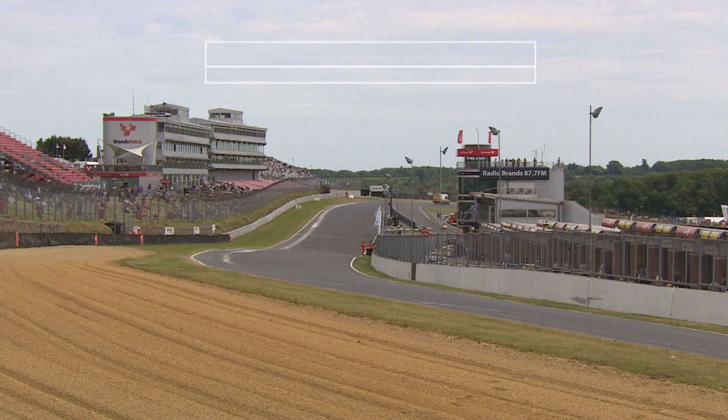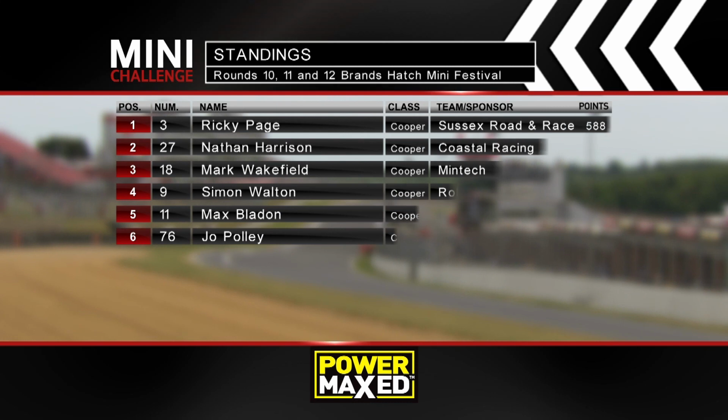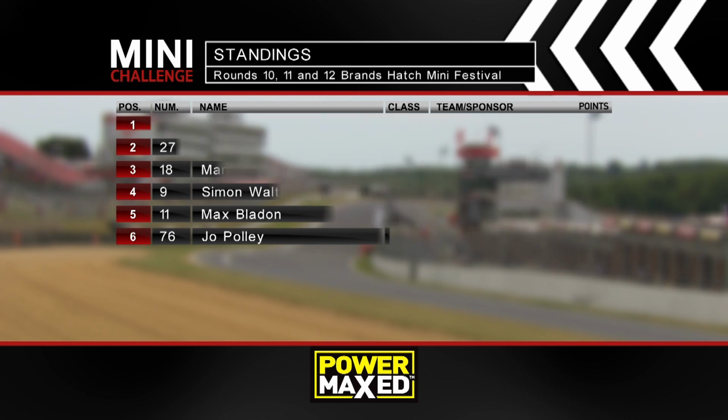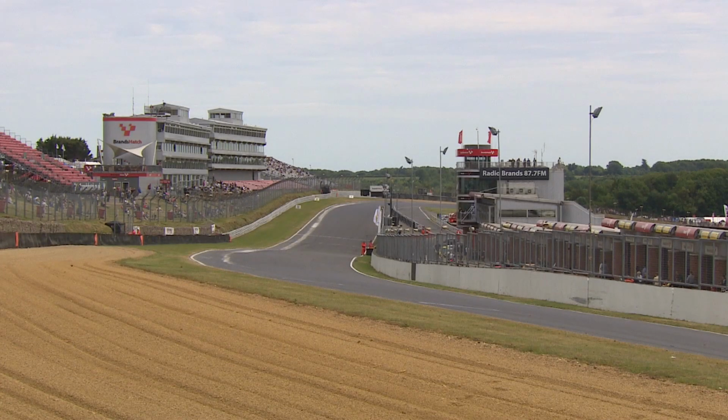Well, with just 3 events remaining, it couldn't be much closer in the championship, could it? Because Ricky Page is just 2 points clear of Nathan Harrison, with Mark Wakefield in third ahead of Simon Walton and Max Bladen. The way that the grid lines up then, if you want to...